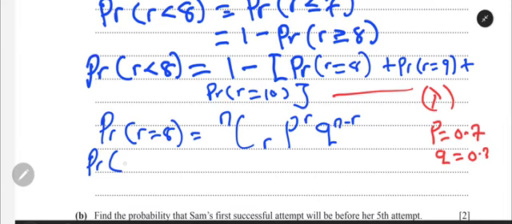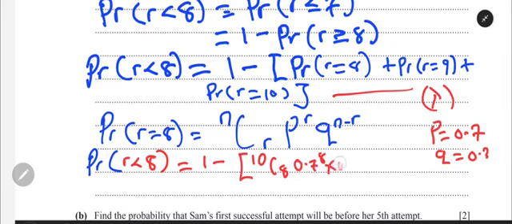So let's do that now. For r less than 8, that's 1 minus, n is 10, that will be 10 combination 8, 0.7 raised to the power of 8 times 0.3 raised to the power of 2. Then plus 10 combination